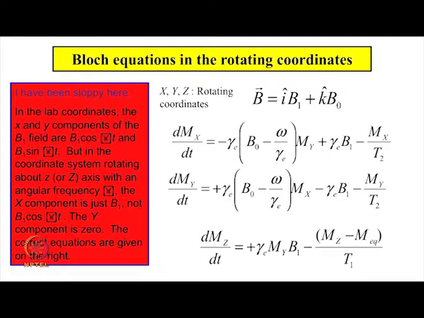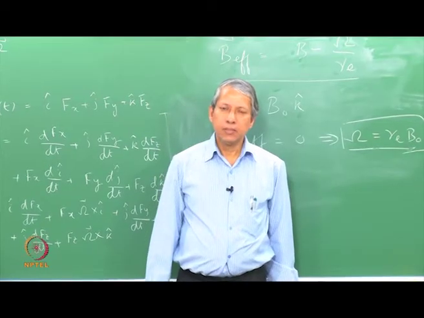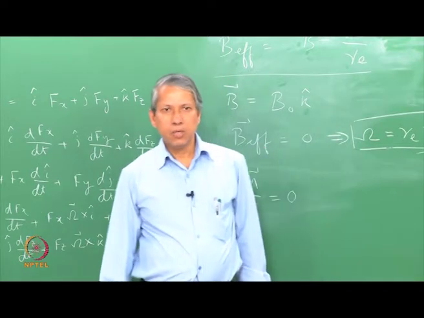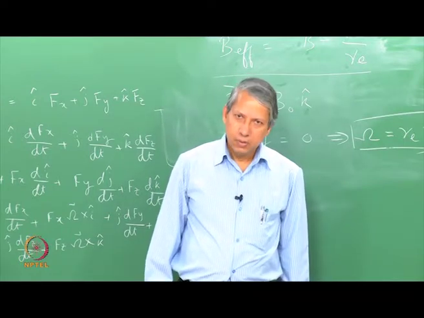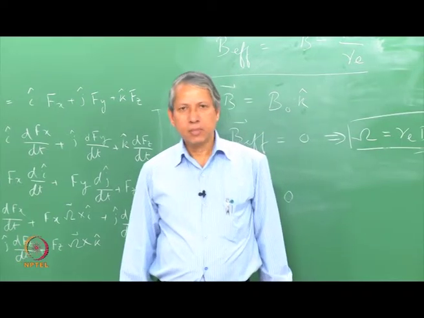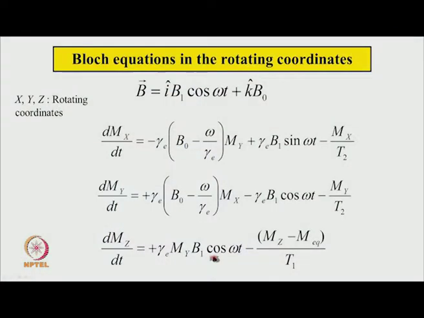Now, we will try to get the steady state solution of the Bloch equation. When the EPR experiment is done, all the time dependence has reached a steady state value, and when the spectrum is recorded as a function of either frequency or magnetic field, we get the steady state value of the magnetization that is detected by the spectrometer. We can solve for the steady state value of the magnetization from these three differential equations by setting the time derivatives dMx by dt, dMy by dt and dMz by dt equal to 0. Then we do some algebra and the solution is given in this fashion.